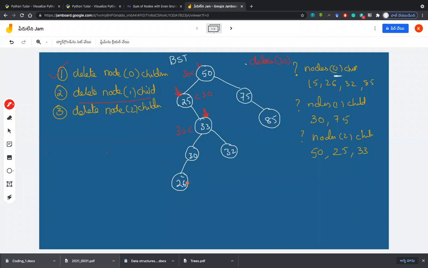So when I want to delete 30, 26 should still remain. Like if I say 33 dot left is equal to None, what happens? Both 26 and 30 will be gone. So what statement will help me safeguard 26 when I am at 33? Any idea? You will directly link 26 to 33, sir. Yeah, that's how. But what is the statement that you need to write?